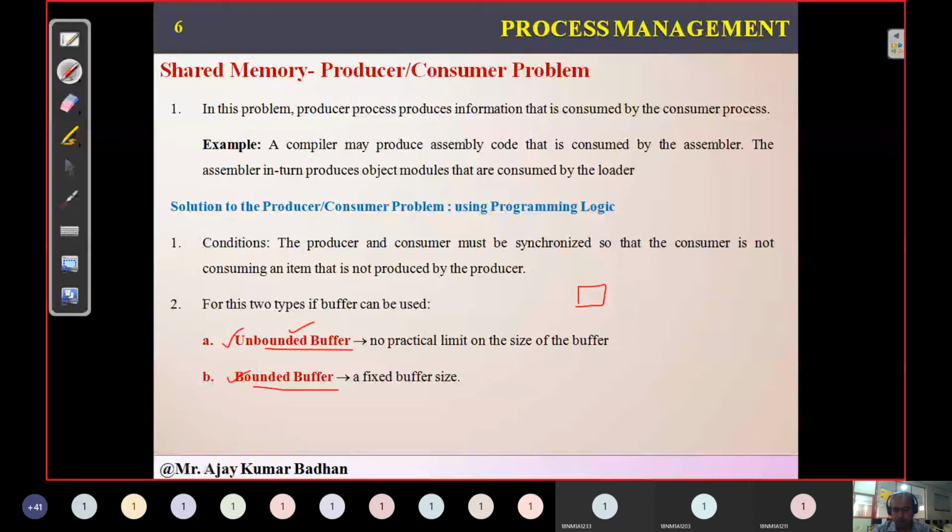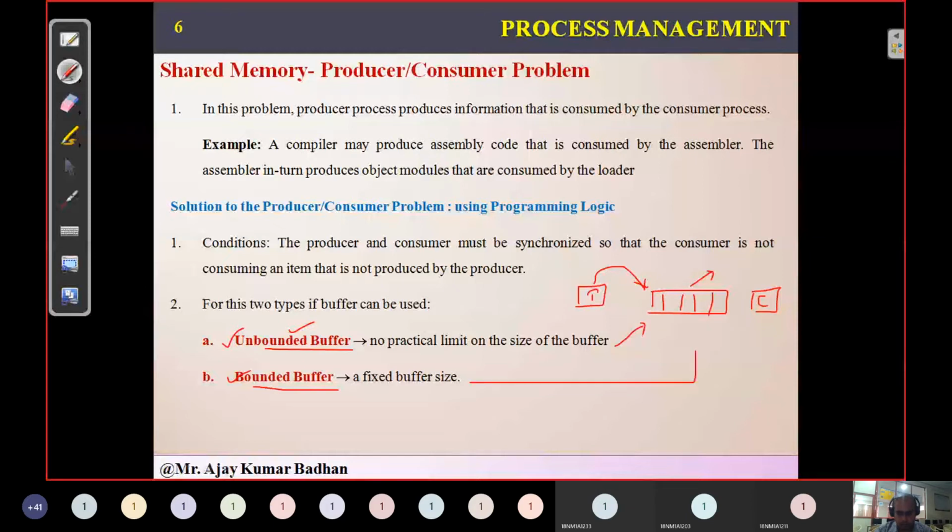So in between I have a buffer. Now this buffer does not have any kind of memory limit, meaning the producer can keep on producing several new data items and he can store the information here. But coming to the consumer, he will have some restriction. The restriction is he can consume only the data items which are generated by the producer. That's it. But coming to the producer, he will not have any restriction because there is a lot of space available here. He will keep on producing the items. That comes under unbounded.